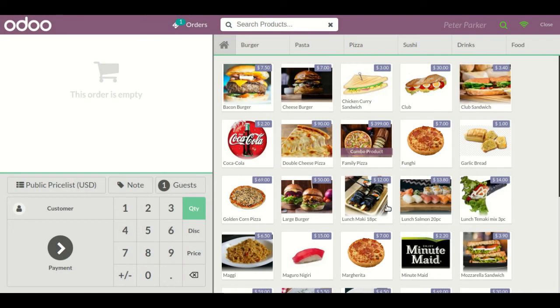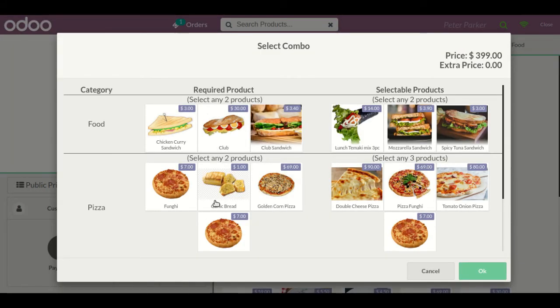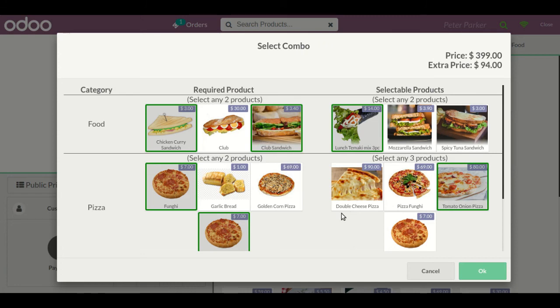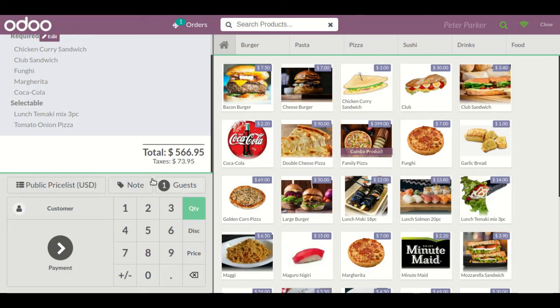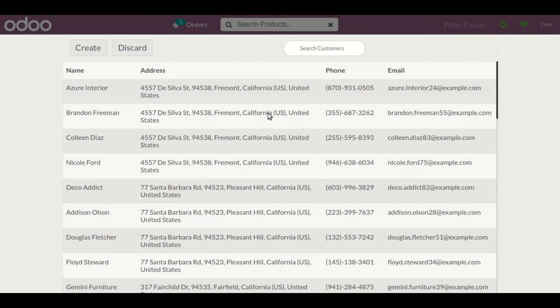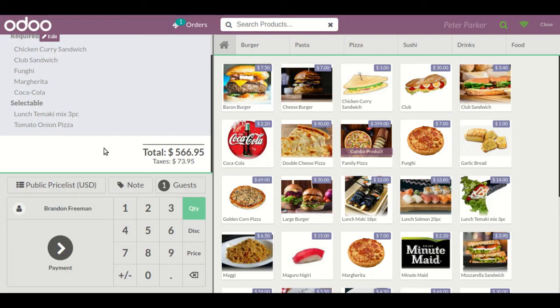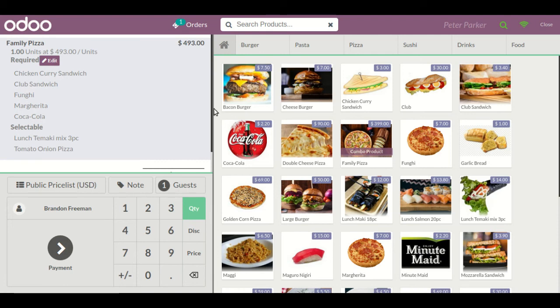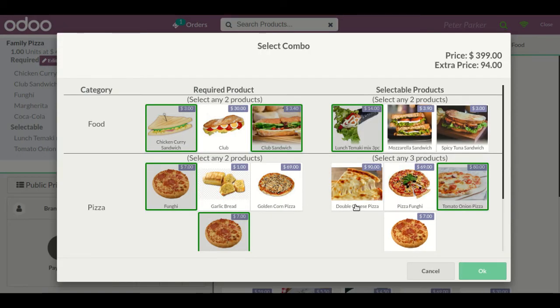As you can see, whatever products are defined as combo products will be shown like this, so users will be easily able to select them. Let's select this product. As per the configuration, these kinds of selections will be allowed over here, and the food and different kinds of categories are also defined, right? Let's select these products, like this one and this one. Also select drinks, right? Click on OK, right? Now let's select a customer. Okay, and when we want to edit these products in the middle, we can also edit them, and also customize this.